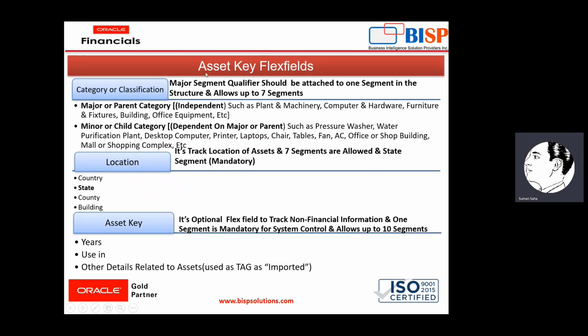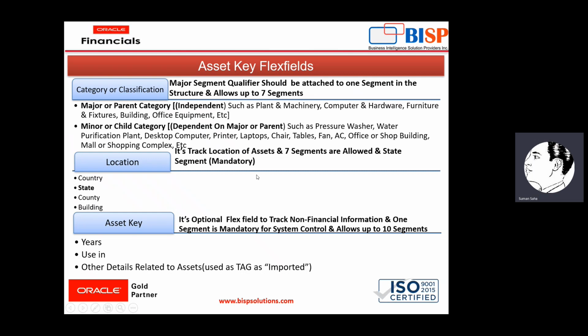And then we discussed the asset key flex field, that is category or classification, in two parts: one is a major and another is a minor, where the minor is dependent on the major. We have to apply a qualifier, a major qualifier on the major and a minor qualifier on the minor. Similarly, we discussed the location flex field, in which we discuss country, state,